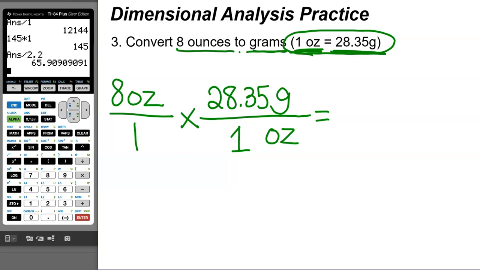Okay, we have our problem set up, we have correct units, we have some values in our conversion factor. The last step is just to type this into our calculator. So we're going to multiply everything on top and divide by everything on bottom. So that would be 8 times 28.35. We're going to hit enter. 226.8, divide by everything on bottom, so divided by 1, that's still going to be the same thing. So our answer is